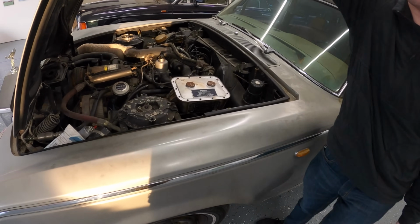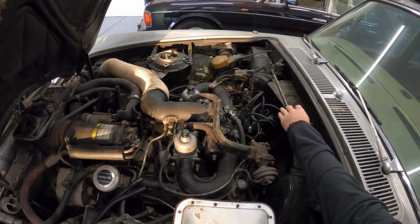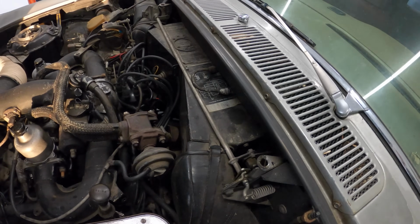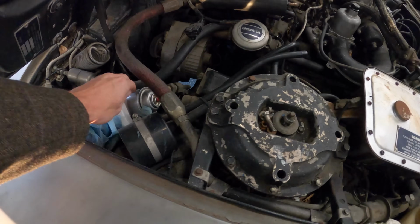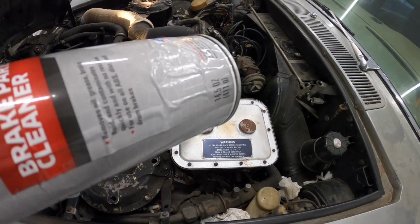Oh, I left all the parts, all the extra parts that came in the car. So there's just nuts and washers and stuff laying around. I see. And you drove it 30 miles with a can of spray paint. No, it's brake clean. It would probably explode if it got